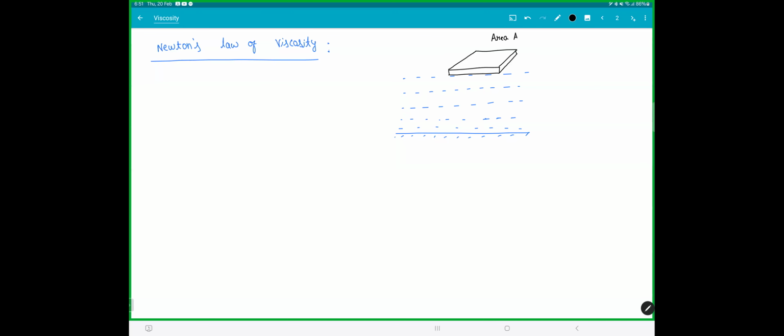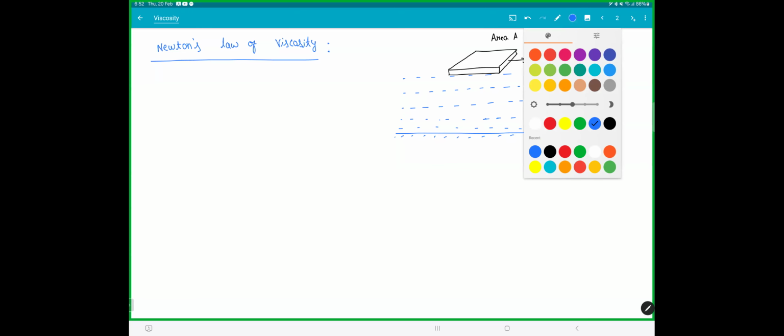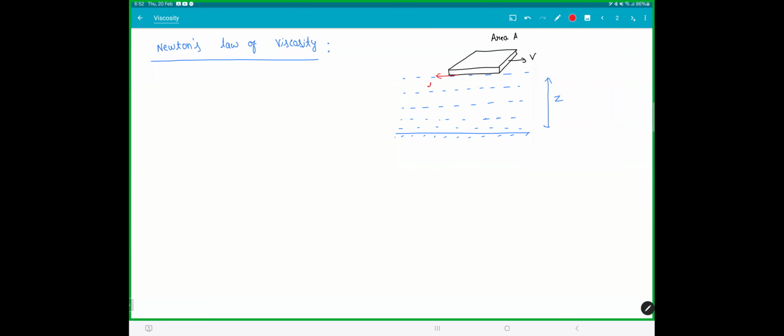So this was a concept there. If you take a plate of area A here, and let's say it is moving with velocity V, you're dragging this plate on the liquid surface, and let the thickness of the liquid layer be Z. When you're dragging this plate, there will be a viscous force acting on the plate, which is slowing it down. Agreed? It's like if you drag a plate on the floor, there's friction acting backward. So this force is given by